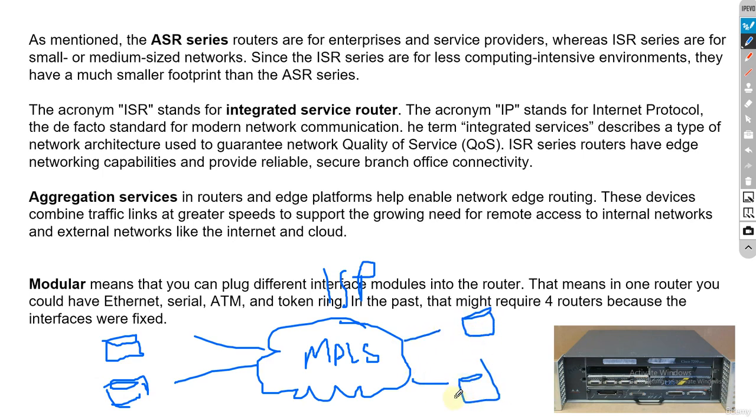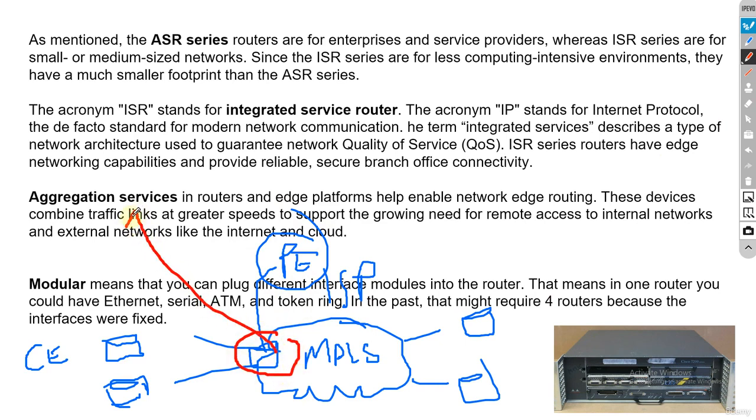To service provider. So these routers are called customer edge CE, whereas the MPLS in term of MPLS, the service provider is having the routers inside its service provider. These are called PE routers, provider edge routers. Okay, so this is where we have these ASR routers as being used